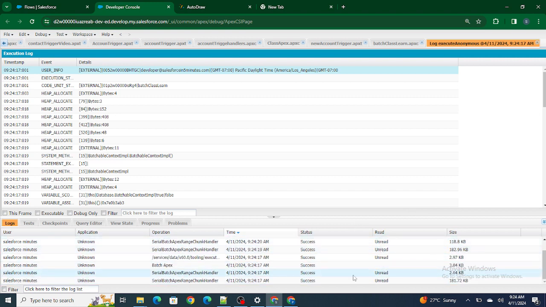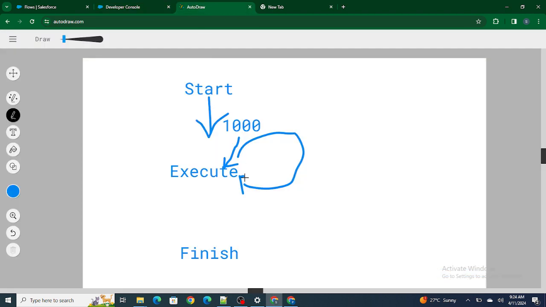So if you see right now over here, everything is success. Okay, I did not get any error at all, even though I provided 199 as the size. The reason is that execute first picks up the 199 records. When it goes to pick up the next 199 records, the governor limits are completely reset. Fresh governor limits are applied, and in this case, you can go ahead